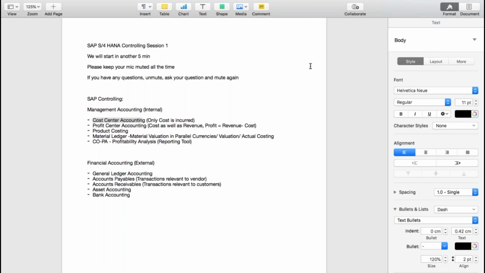Now with SAP S/4HANA, SAP came up with the new concept of IBP. In IBP, you have integrated business planning. Instead of different planning tools, you can do all the planning at one level, and that is the reason it is called integrated business planning. But again, IBP and basic controlling planning are two options which are provided. So it is not 100% required to know IBP, but if you know IBP, that will definitely help you carry out the planning easily using the new tool.